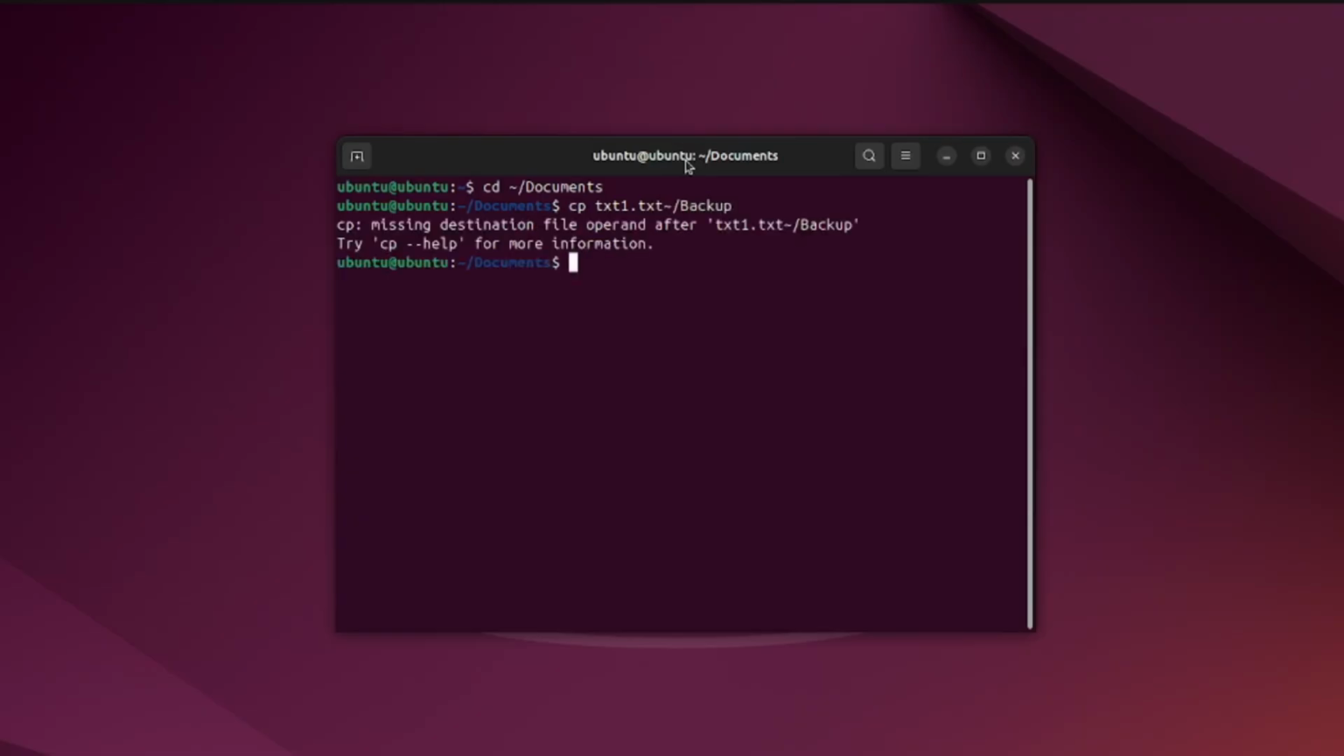If you see an error saying the destination folder doesn't exist, you'll need to create it first. To make the folder, type mkdir ~/Backup. Then press Enter. Now run the copy command again, cp